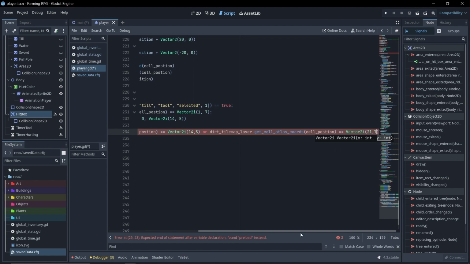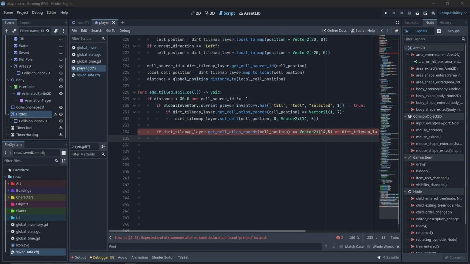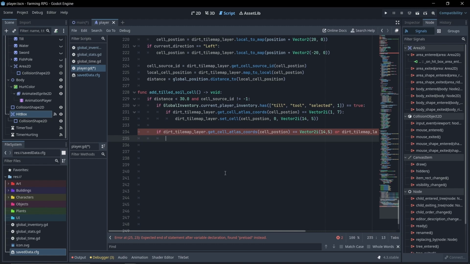So if it's tilde, or if it is tilde and watered, which is the 21, comma 7, then we're going to go ahead and give it a colon. Then we're simply going to start changing it up. First thing we're going to do is set a new variable, current_number, equals -1. We're going to need this for later, for our